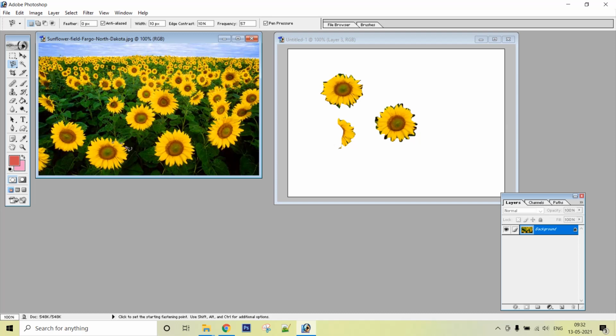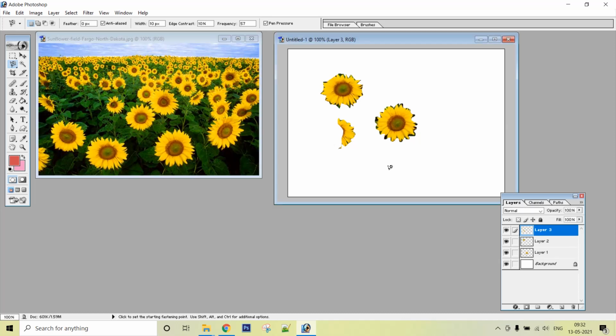Then I will just keep on moving this. So you can see that magically it is differentiating between the yellow color of the sunflower and the green color of the leaves around it. So whenever I double click it, the selection will be complete. Control C. If I go here, then I can see here, and when I use the move tool, I have chosen this flower. So these are the lasso tools that you can use for selection of different objects in your images.